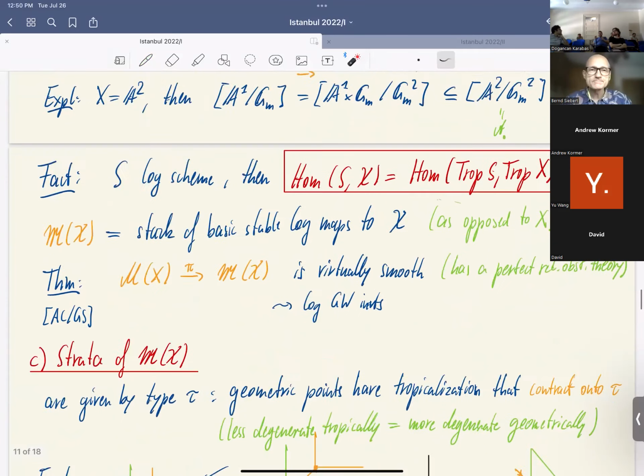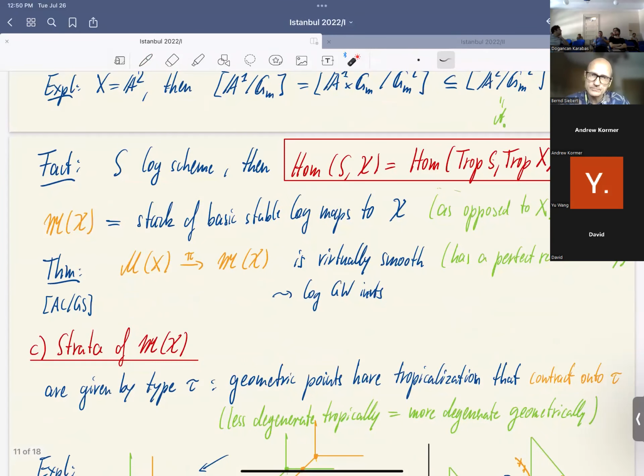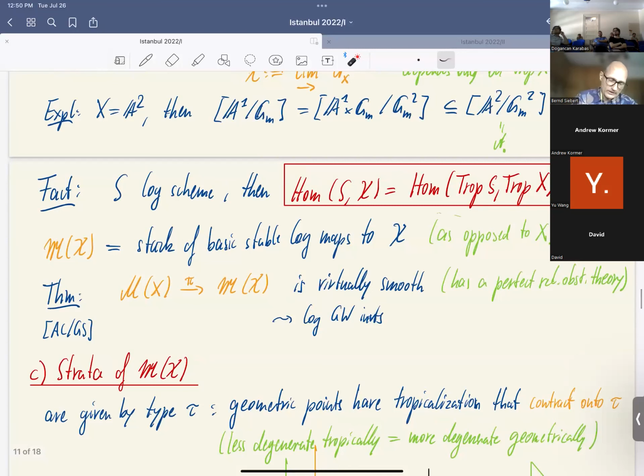Something more? Can you say in words what this theorem is saying? What's the difference between M_X and curly M_X? Okay, sorry. This was a stack of stable log maps to the usual X, your target that you're interested in, let's say P2. This is stable log maps to curly X, which is a zero-dimensional Artin stack that looks the same for all smooth toric varieties with three boundary divisors. They will all be the same, it's all the same curly X. So it's a much more universal object,